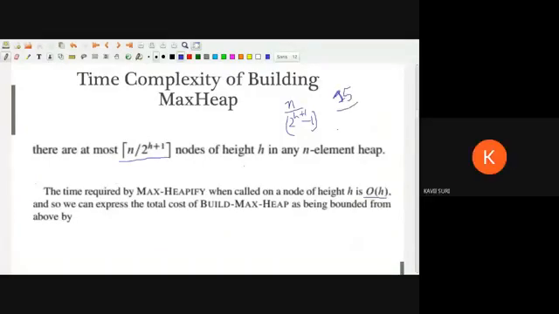No, I think it is not about the nodes at height h. He's talking about nodes of height h. At the height h, how many nodes are there? It should be 2 to the power h, right? And sir, is it the total number of nodes in the whole heap, or per level of height? No, it is the total. Sir, please clarify the terms. Let me explain it again.